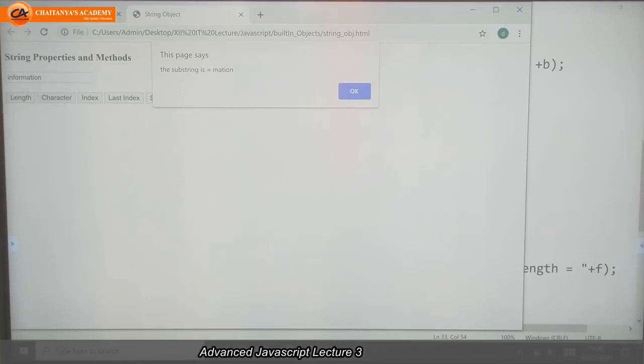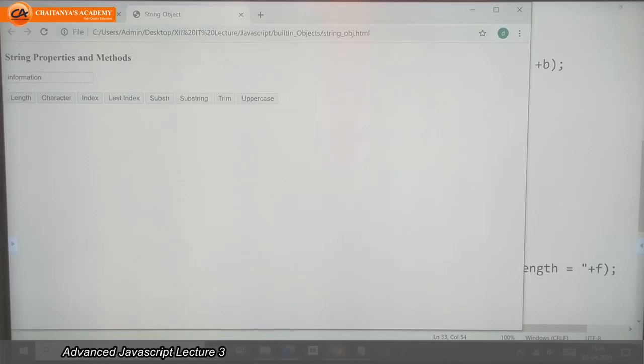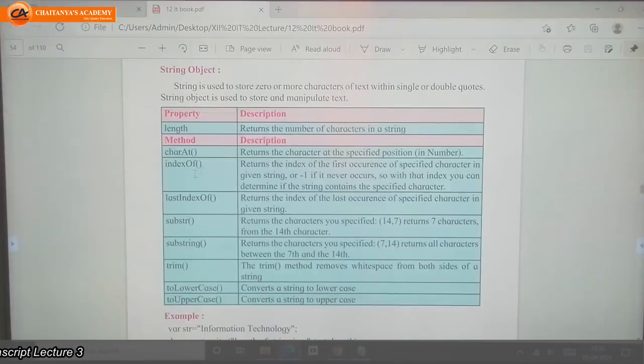So substring means what? Substr takes 2 parameters, in which the first parameter is the starting index but the second parameter is the number of characters, and in substring the first parameter is the starting index value and the next parameter is the ending index value.